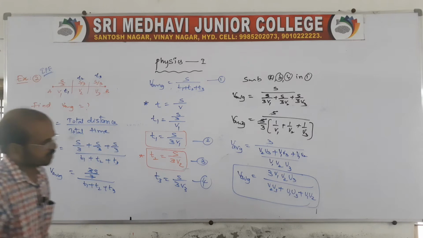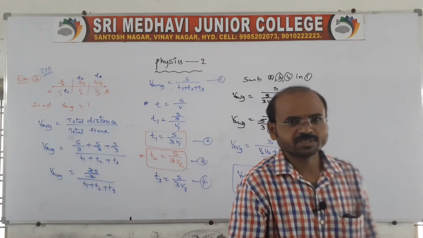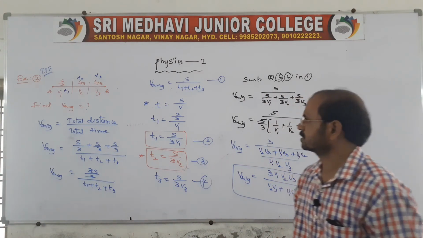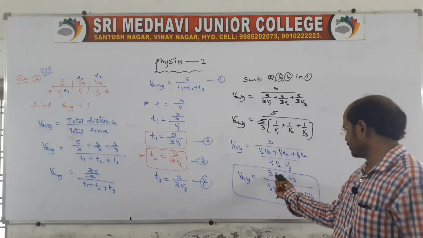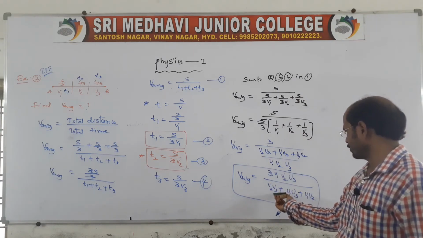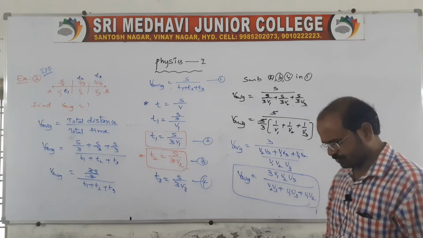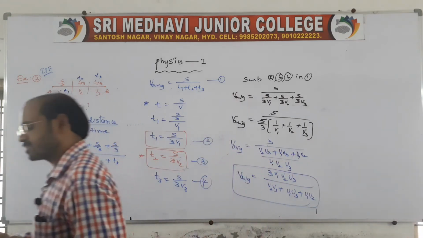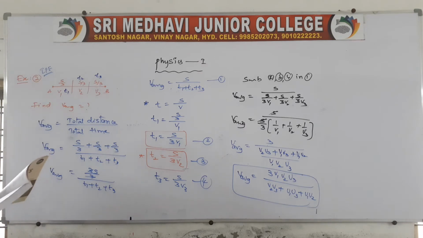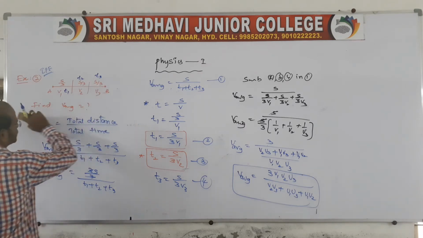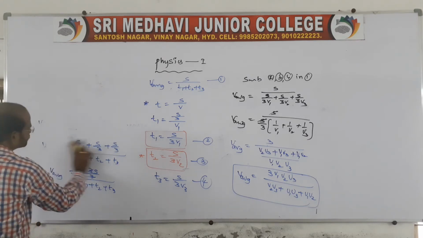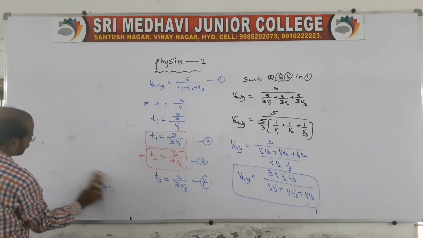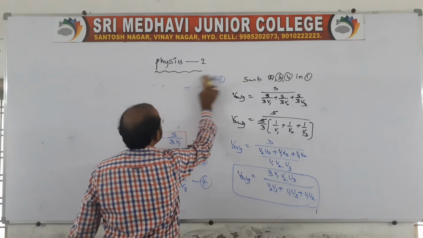Okay. So this is the formula for first 1/3, second 1/3, third 1/3, right? Last 1/3. So the average speed will be 3 v1 v2 v3 by v2 v3 plus v1 v3 plus v1 v2. On this basis, there is one question in our IPE material. See, same question, everything is same. That is the question given. On this basis, I'll give you that question.